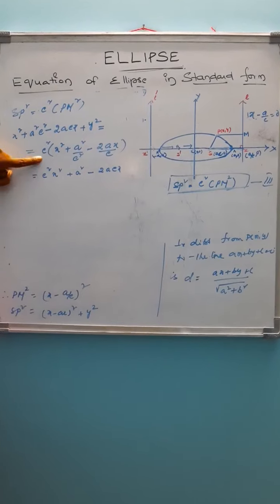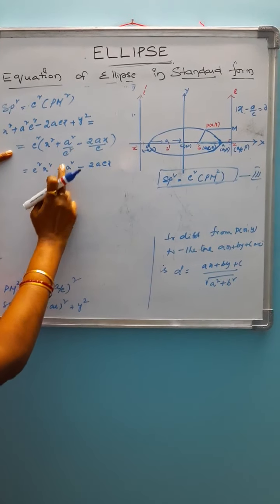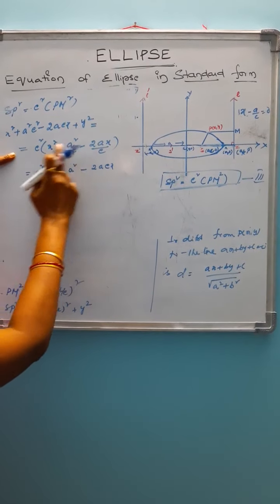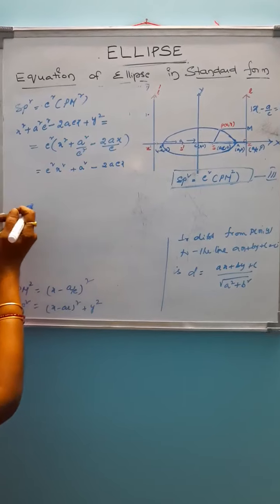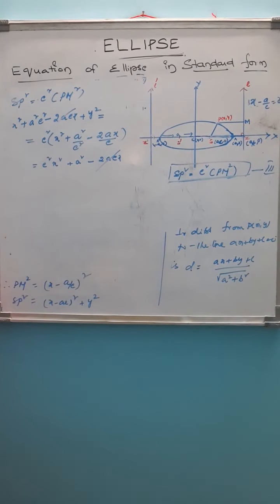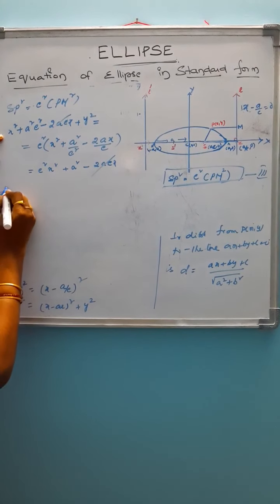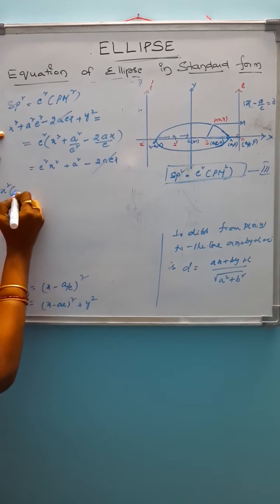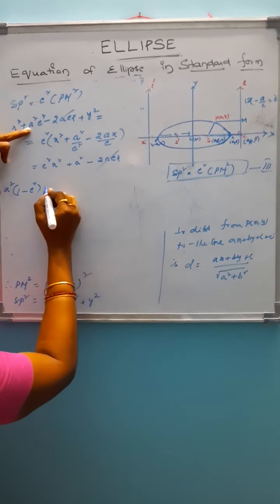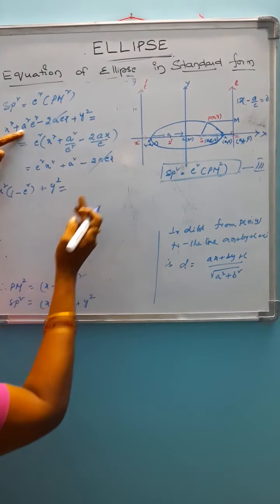After simplification, e square into x square, e square cancels, and 2aex cancels, so after cancellation, take x square as common. x square into (1 minus e square) plus y square is equal to a square